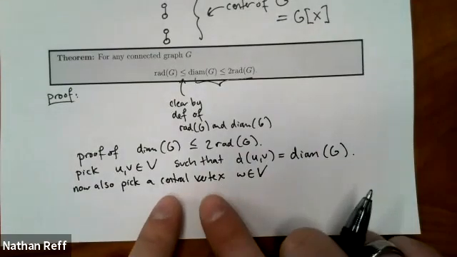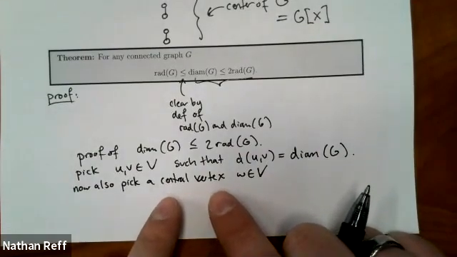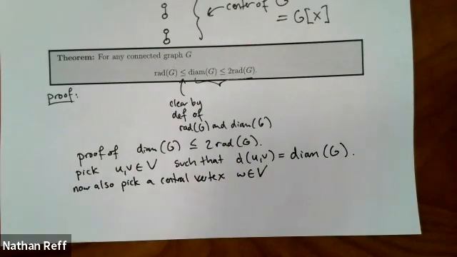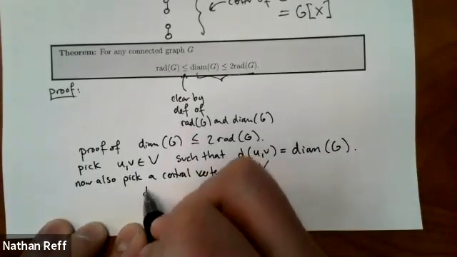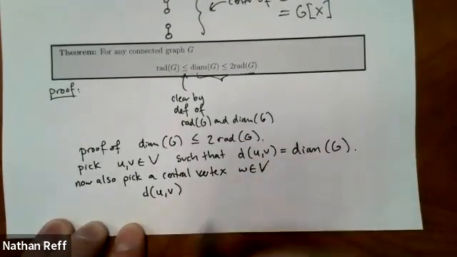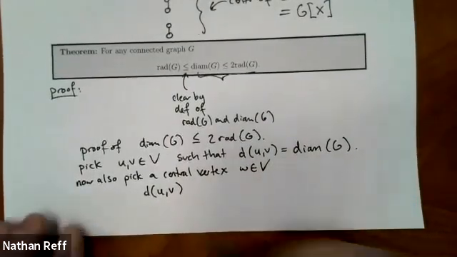And we definitely have to have a central vertex, because how is a central vertex defined? That's one where the eccentricity is the minimum, and that minimum is from a finite set. So there has to exist something that has minimum eccentricity, okay? And now here's where the magic works: the distance between U and V, which is the diameter, right? So the diameter